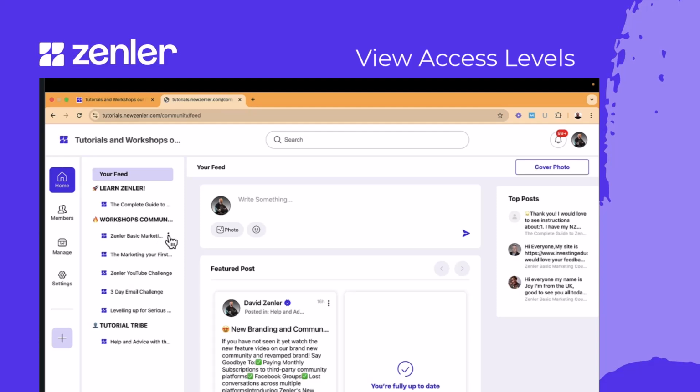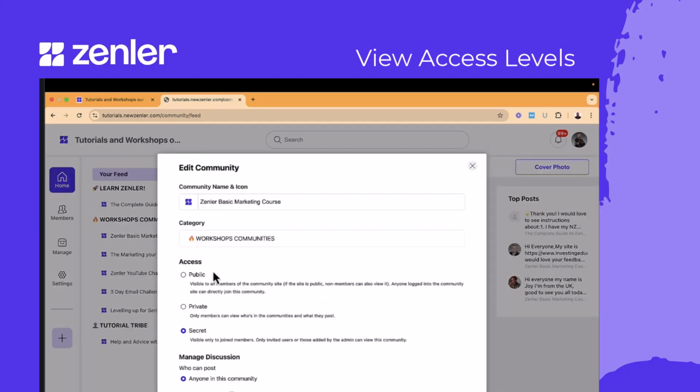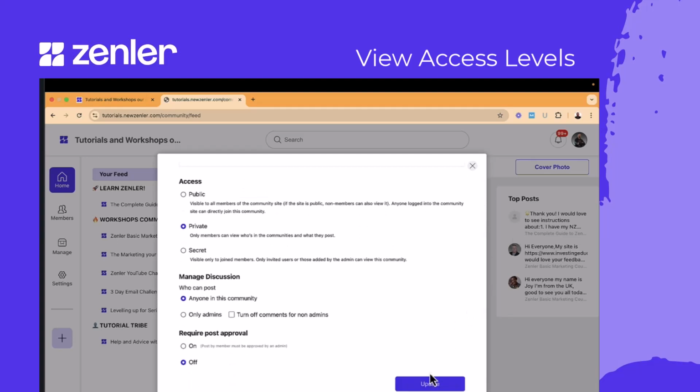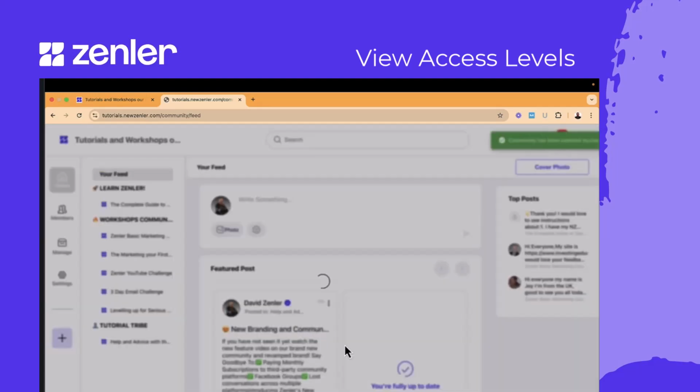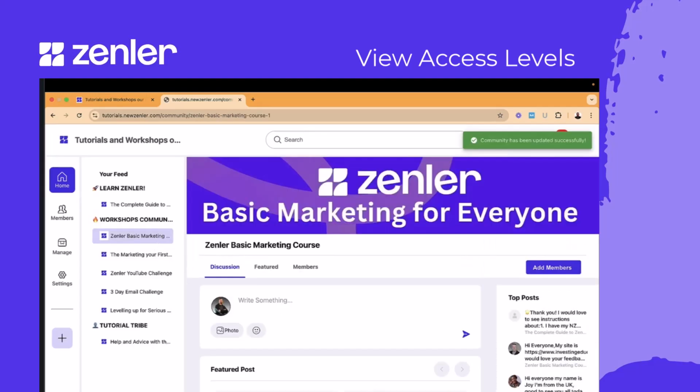Now what I want to do is show you what happens if I take this and edit the community and change it to private. I have no need to change it to public. You already know what happens there. It just shows. But if I change it to private, what happens? So let's scroll down here and just save this. Remember, this is the new one, the basic marketing. I'm going to jump back into the old